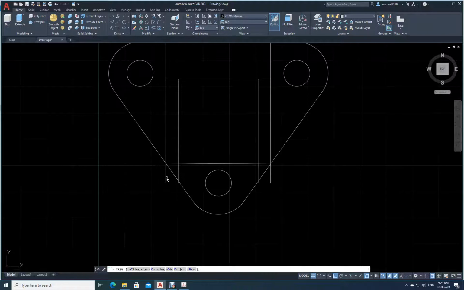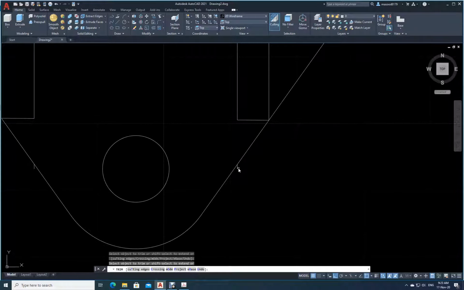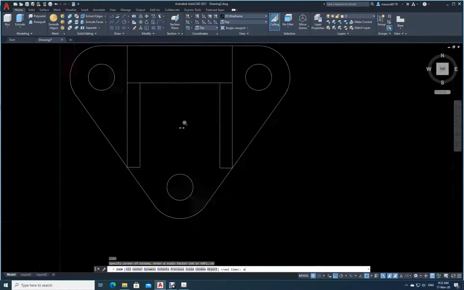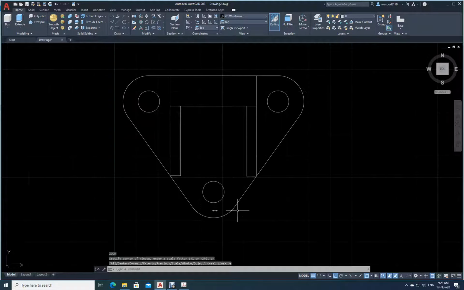Remove this. What I don't want, no need of this one, no need of this. Make it little big, remove this one also, remove this one also, okay. So now see here, you escape. Now you have prepared almost, zoom, Z enter, E enter. If I do it, it comes and sits exactly over here. So almost I have created a footprint.